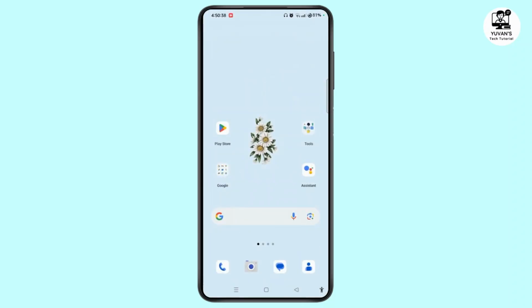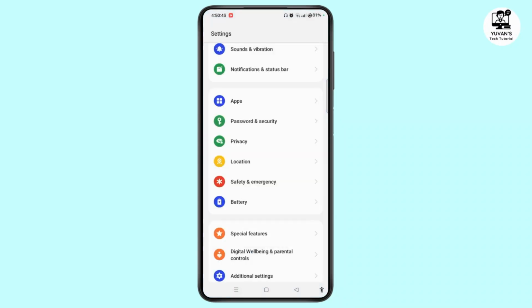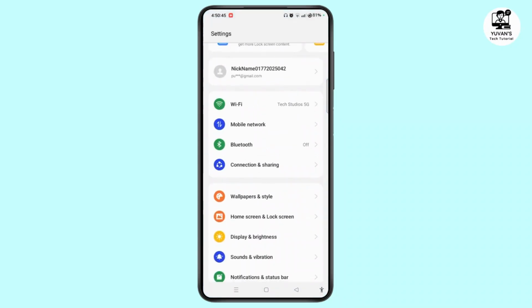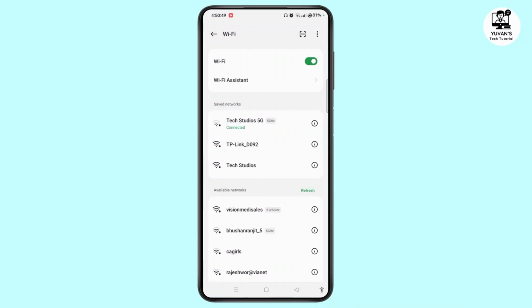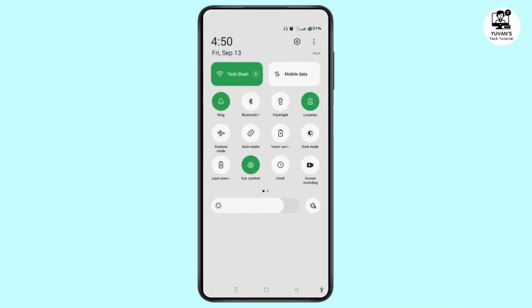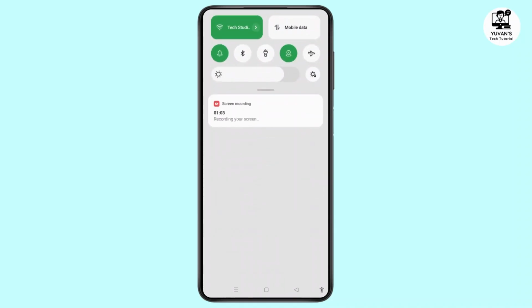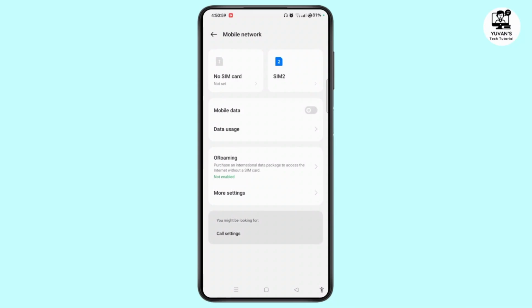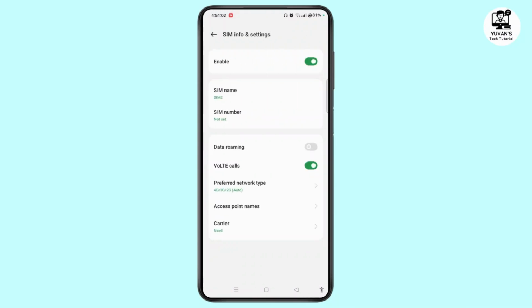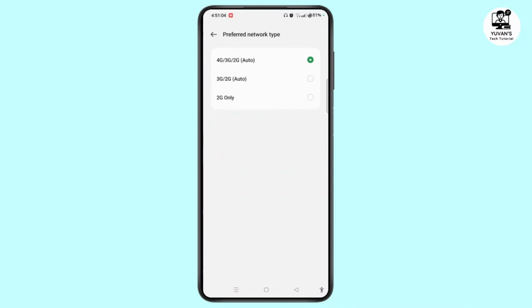If your app is still not working or opening, open Settings on your device. Tap on Wi-Fi. Ensure that you have stable internet connection. If your Wi-Fi is not working well, try switching to mobile data. Once done, come back, select the mobile network, select your SIM card, tap Preferred Network Type and set it to